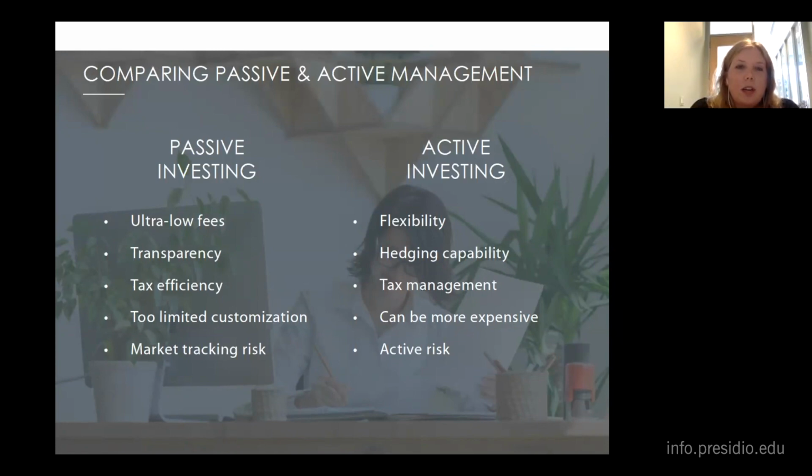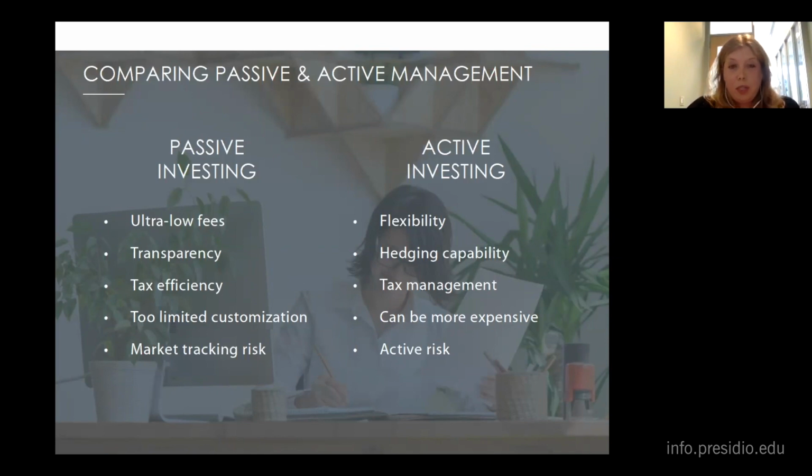The benefits of passive investing are that you have very low fees. There's nobody picking those stocks, so the oversight is much less expensive. It simply follows the index it uses as its benchmark. It's transparent. It's always clear which assets are being held in an index fund. They're tax efficient. The buy and hold strategy typically doesn't result in massive capital gains for the year.